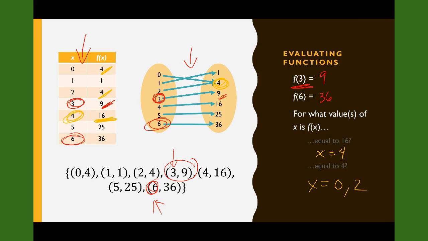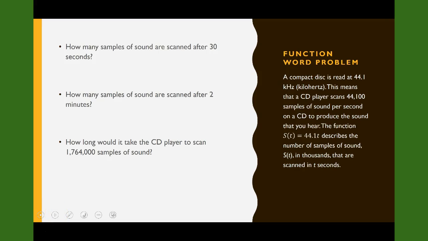So that's how we evaluate functions using a table, mapping, and ordered pairs. Now let's see it again on a different representation. Let's say we have a word problem. A compact disc is read at 44.1 kilohertz. That means a CD player scans 44,100 samples of sound per second on a CD to produce the